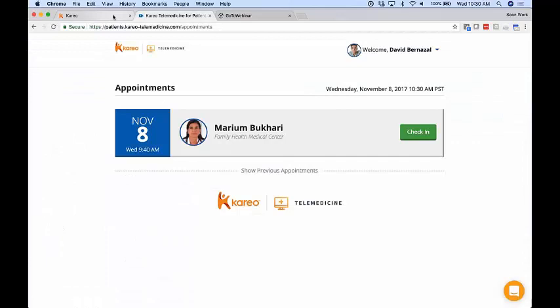Now on the patient side, when the visit is scheduled, they'll receive an automated email and text message from the platform informing them about their upcoming telemedicine visit. About 15 minutes before the appointment, we'll send them another notification that it's time to check in for their video visit. And to do that, they'll simply click check in,